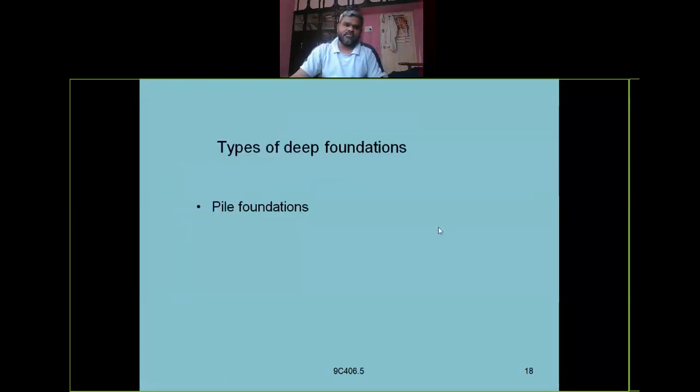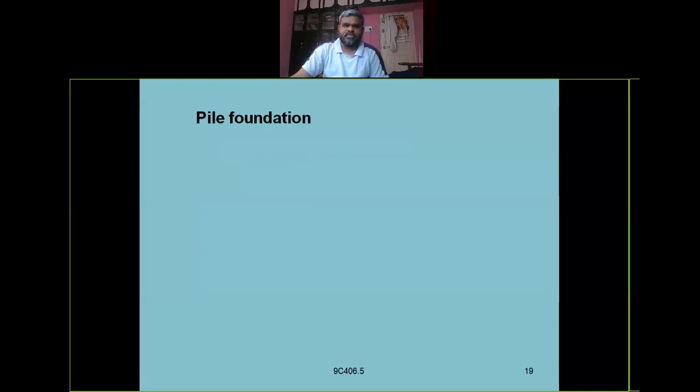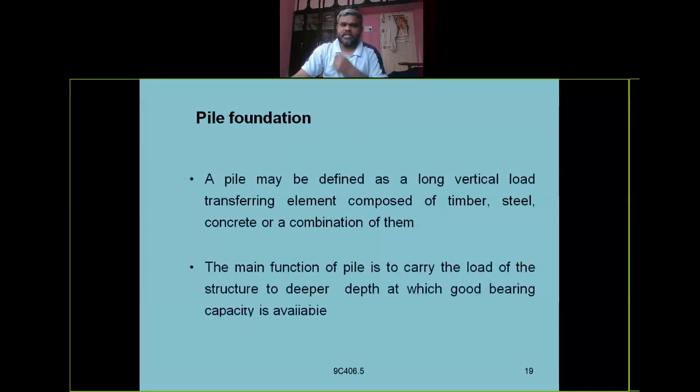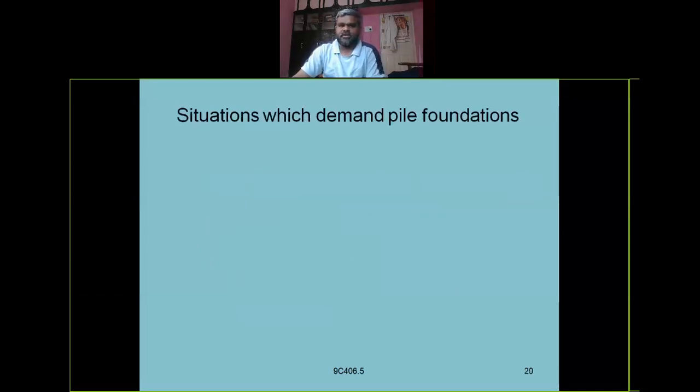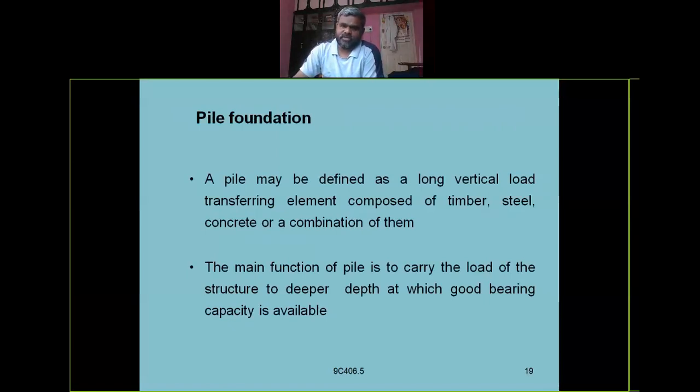There are types of deep foundations. Deep foundations are of two types: pile foundations and well foundations, also called caissons. A pile may be defined as a long vertical load transferring element composed of timber, steel, concrete, or a combination of them. The main function of a pile is to carry the load of the structure to a deeper depth at which good